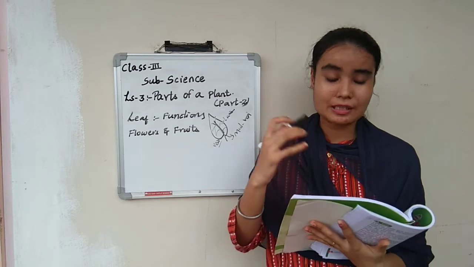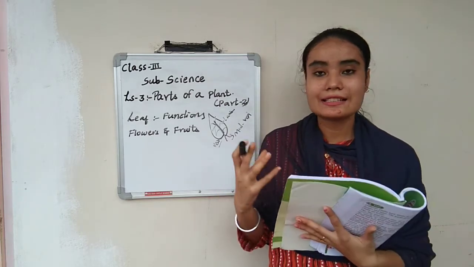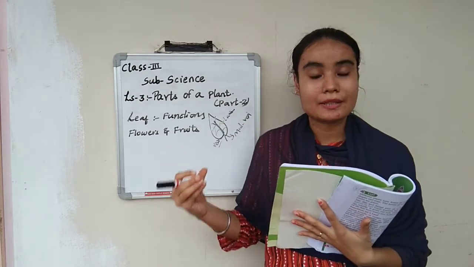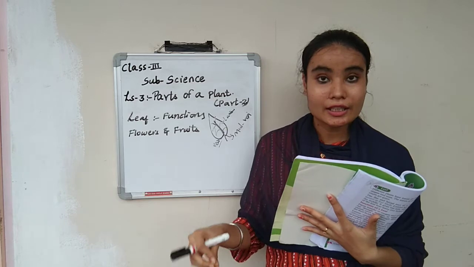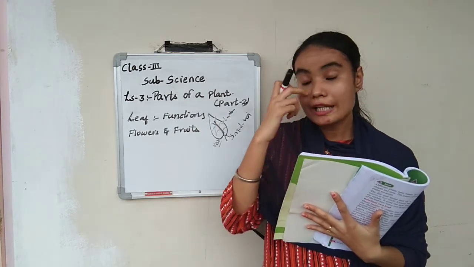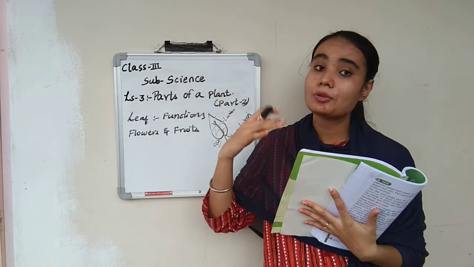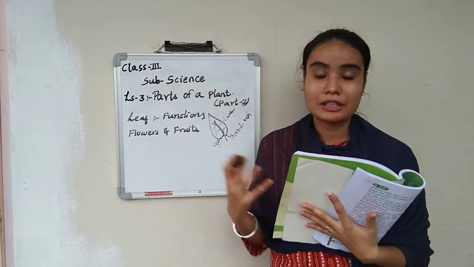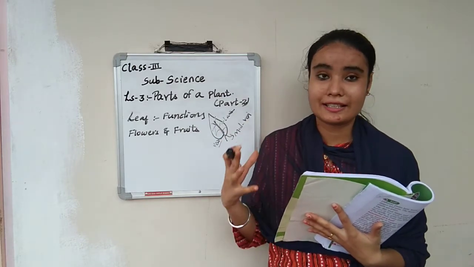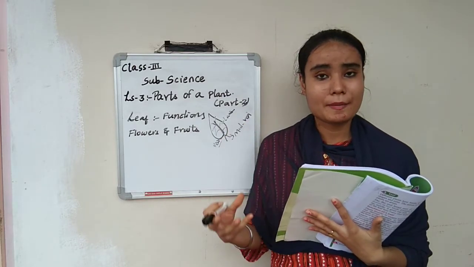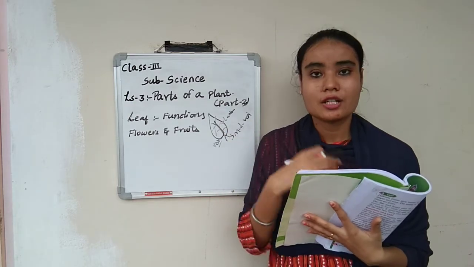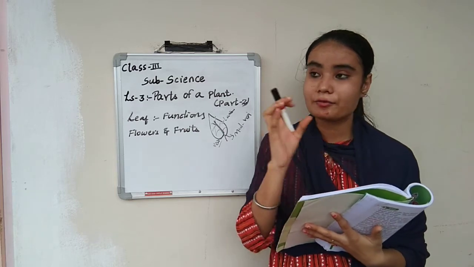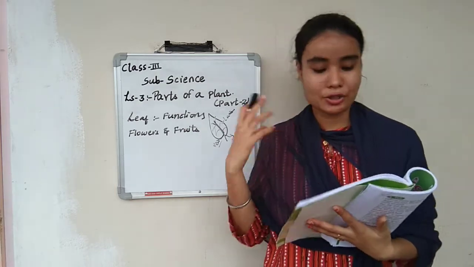Some plants have seeds, and a seed is regarded as a baby plant, because when we put the seed into the ground and pour water, it gives a new plant. The more seeds, the more plants we get. So the seed is also a new plant, a baby plant. Seeds keep some juicy material in them and store food, and that stored food helps the plant to grow.